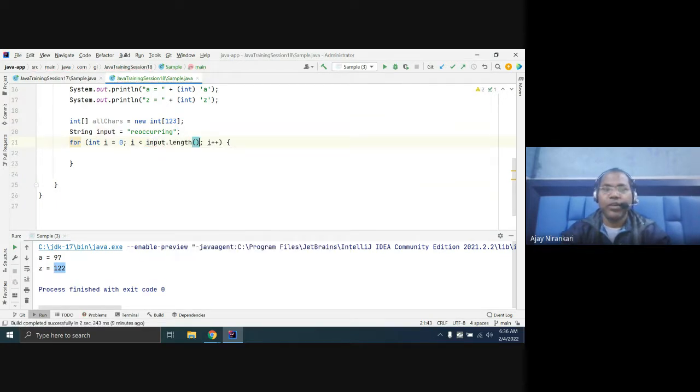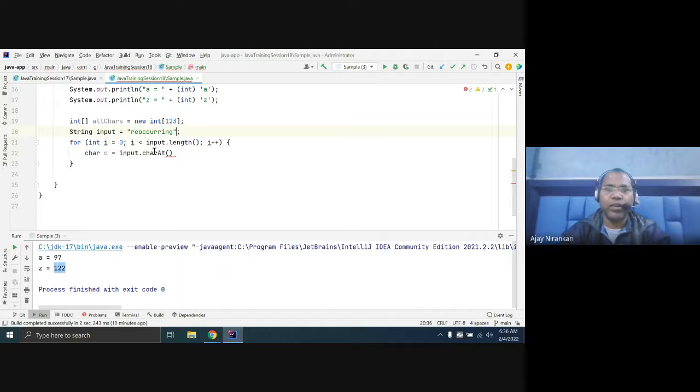Here we are reading one character. Just read character C from your input using the charAt function, right? Or you can use an input character array if you want the position.